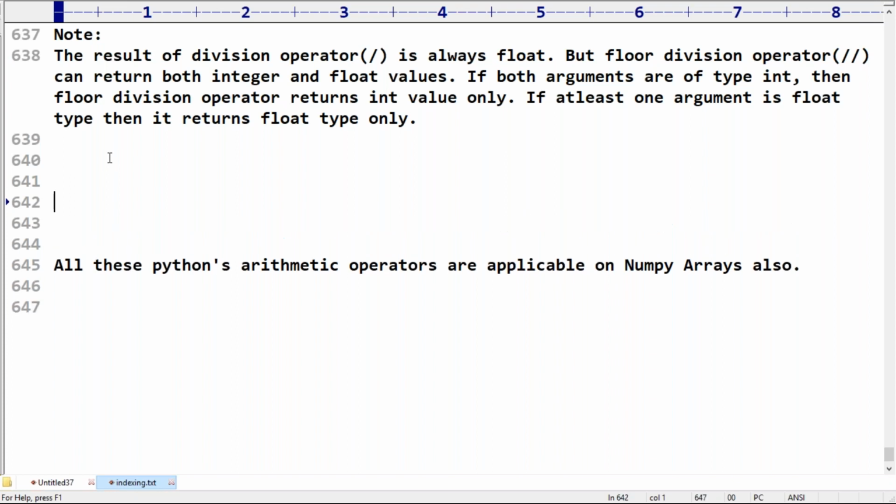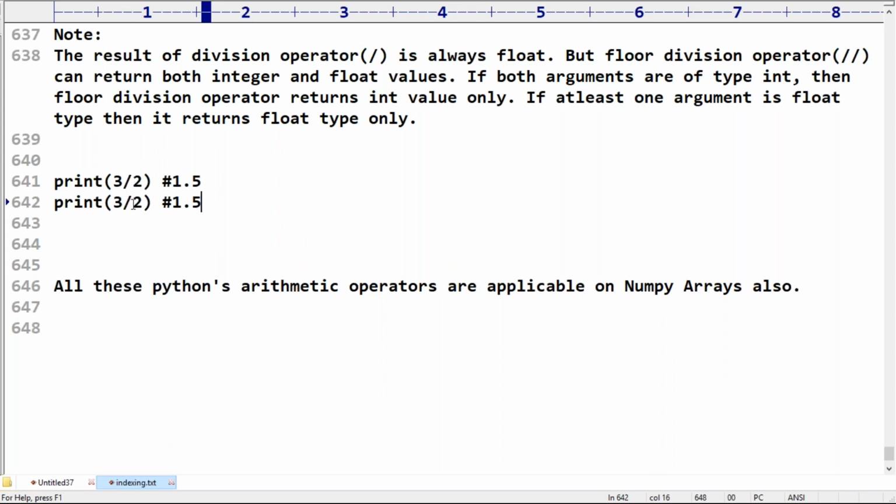Suppose here I'm taking just a print of 3 by 2. Can you please tell what is the output by default we are going to get? Anyone please confirm? 1.5, correct. Because this operator is always going to return a float value only. But the same thing with floor division, what is the answer by default? We will get 1 only. 3 by 2 is 1.5, but